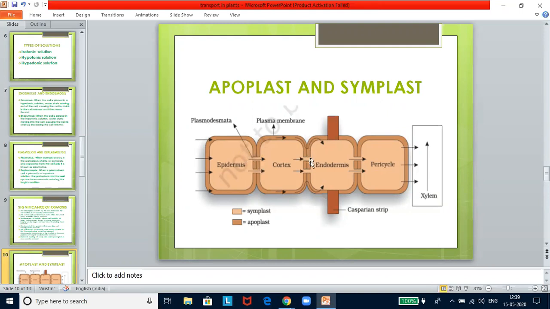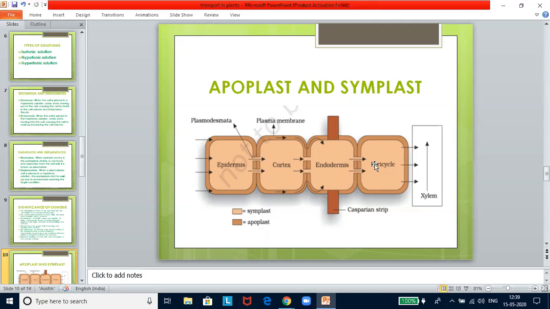What you see here within the cell is the apoplastic pathway, and towards the periphery what you see is the symplastic pathway, and these are the Casparian strips which are impervious to water. And these are the plasmodesmata. These are the connections that connect one protoplasm to another. The apoplast is a system of adjacent cell walls that is continuous throughout the plant except at the Casparian strips of the endodermis of the roots.